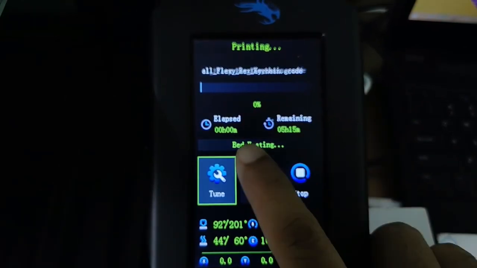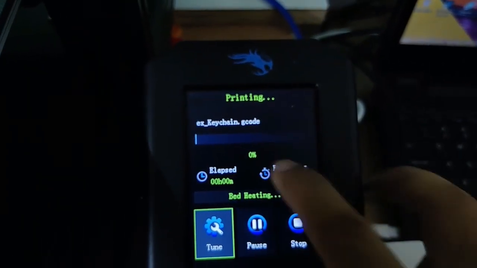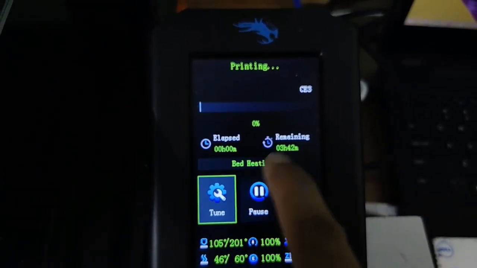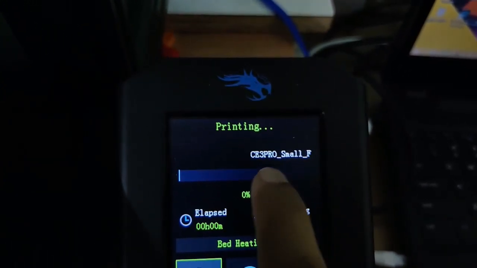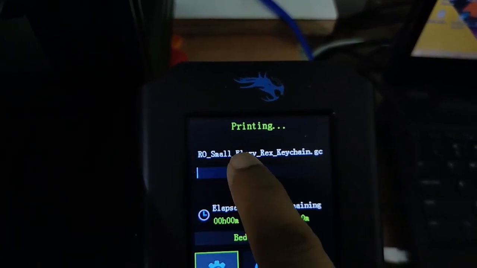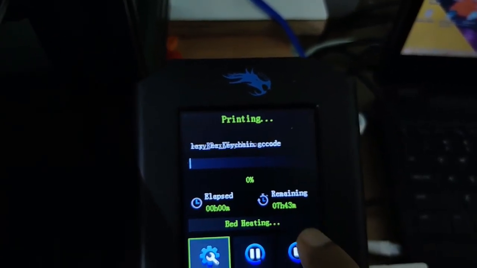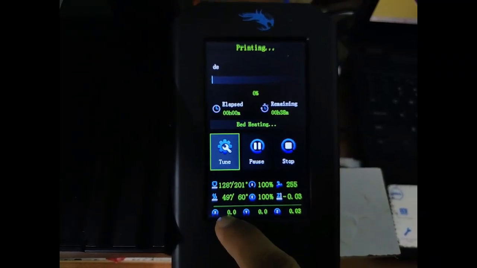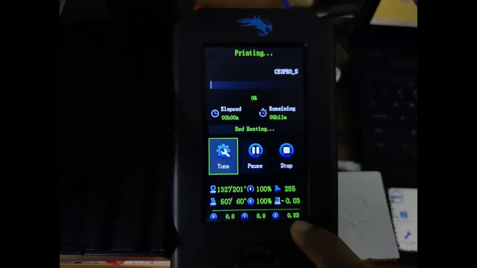In this new firmware, there are many things you can see, like this scrolling display, scrolling text of the file. You can see the full name of the file, and there are other settings like X location, Y location, and Z location.